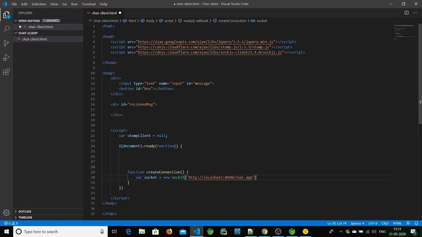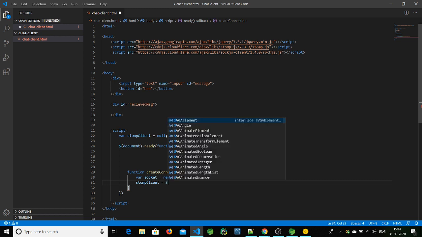So now the instance of the socket is ready. Now let's prepare it. For that, we'll use this stompClient equal to. So we have to give this URL to stomp, so that it will establish the connection and start processing the data transfer.